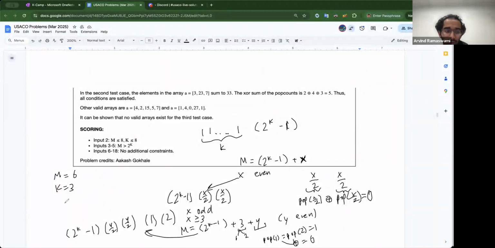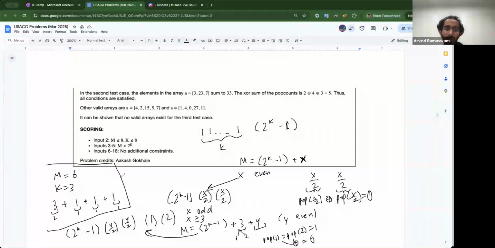It turns out this is equal to 3 plus 1 plus 1 plus 1. Sorry, the pop count of this is 2, and then this is 1, and then this is 1, and then this is 1. So they have XOR 3, right? So one thing we can consider doing